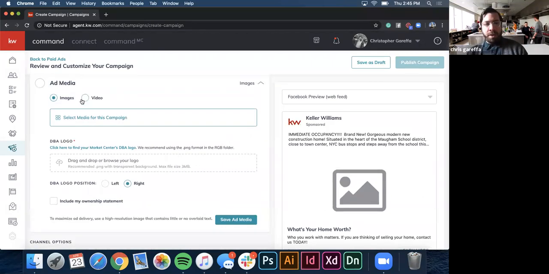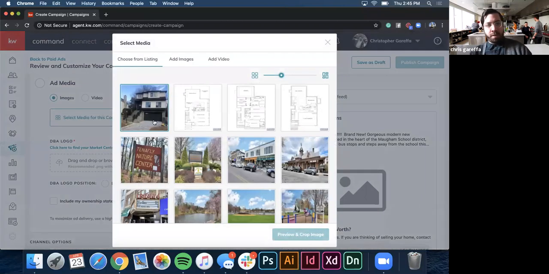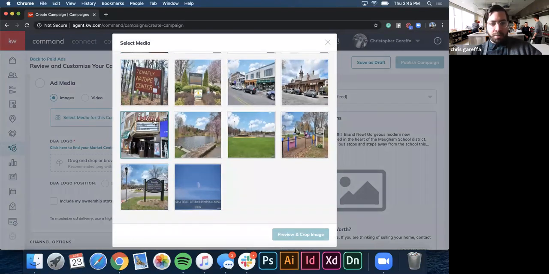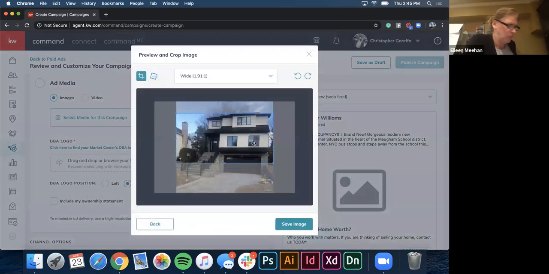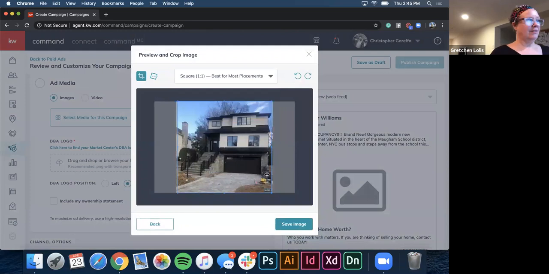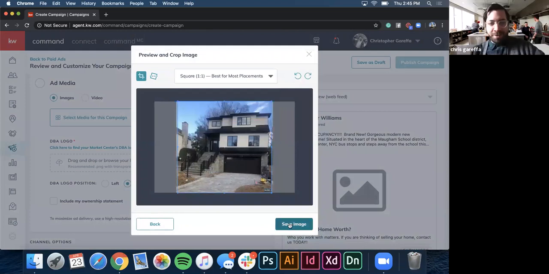But little video clips, short videos, or I can pull the images from the MLS, as you can see. Because it's connected with that listing right now, I can go in and select which images I want to use. So I might use the exterior shot. Yeah, the real pictures aren't in yet. Yeah. So that's how